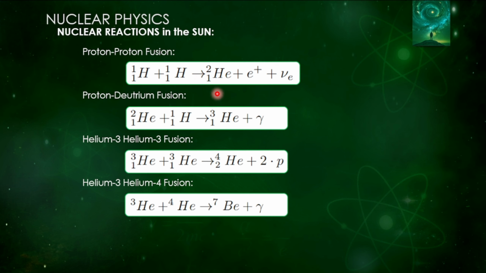Then, or deuterium, we call it, He2, proton-deuterium fusion. Also, the deuterium that was formed will fuse with another proton, forming helium-3 plus gamma. The gamma here is actually the photon that produces light. This is the reaction that starts producing light within the sun. After that, helium-3, also another reaction going on. Helium-3 fuses with another helium-3 and produces helium-4, with 2 released protons, 2H1, meaning that they also participate in recreating